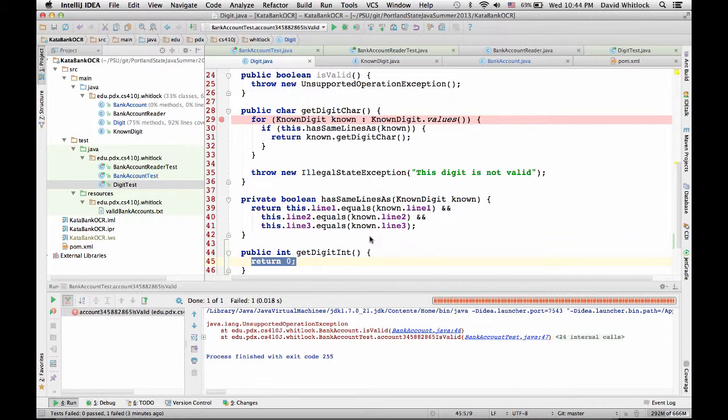Get digit int is, okay, so how do we want? We get the digit char, and okay, got an idea. So we want the same logic here, but instead of returning the get digit char, we'll